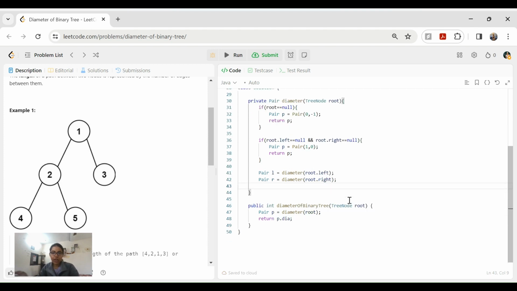Now, considering that you have the answers, the diameters and the height from the left and the right, how will you make the calculation at the root to return your final answer? This is the calculation that we are going to do now. Okay. Now, what you'll do? Let's say that you need to calculate the final height and the diameter, right? So, int height is equals to,